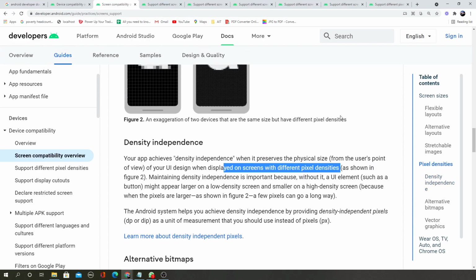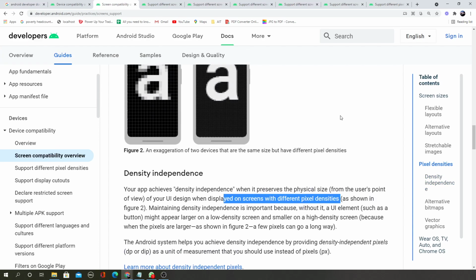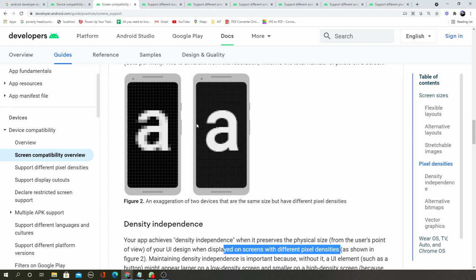So what this means is, from the user's point of view, when two different users are using this app on two different devices having two different pixel densities, let's say the app is displaying a character, it occupies the same physical area, even though the pixel densities are different.